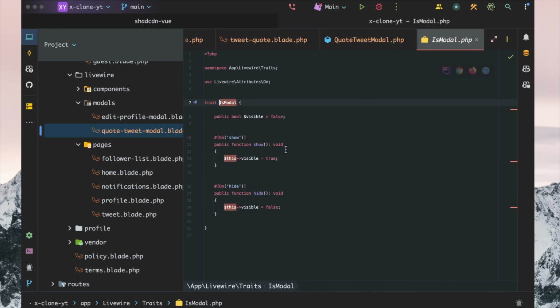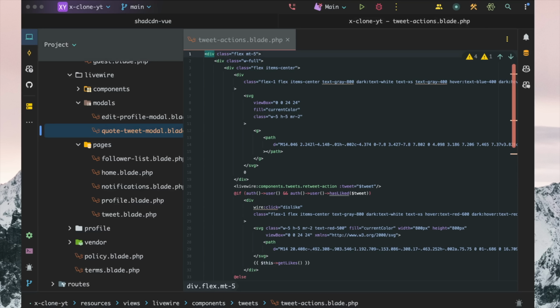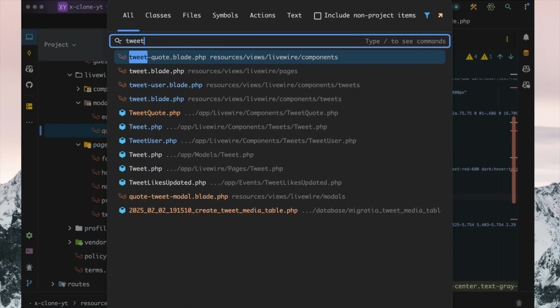And then we can go ahead to tweet actions. Actually tweet, retweet